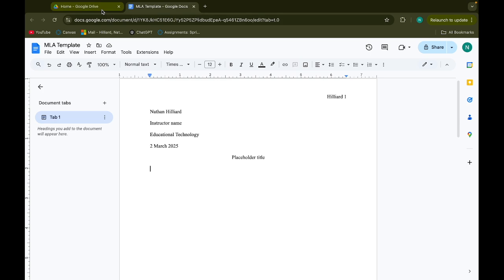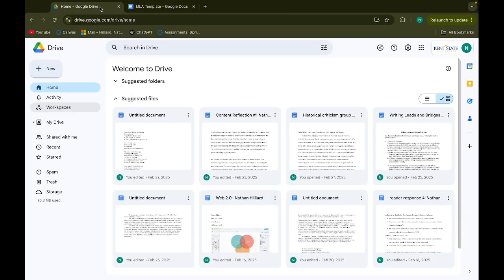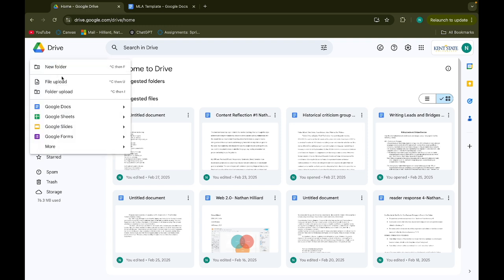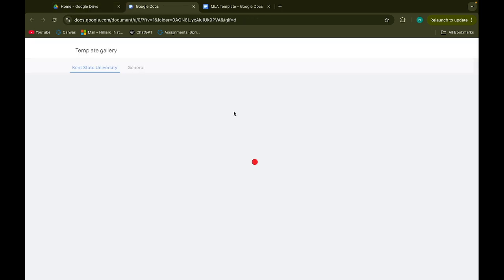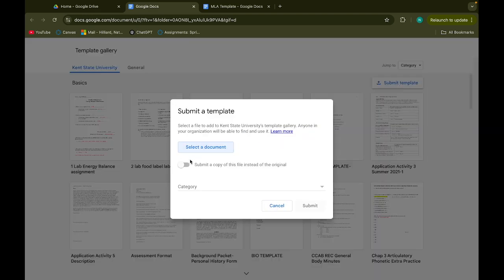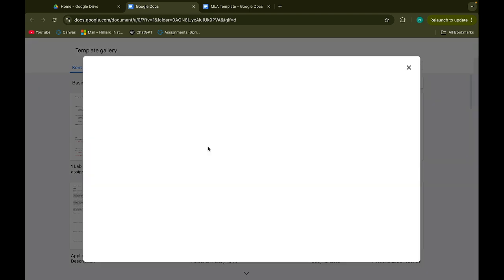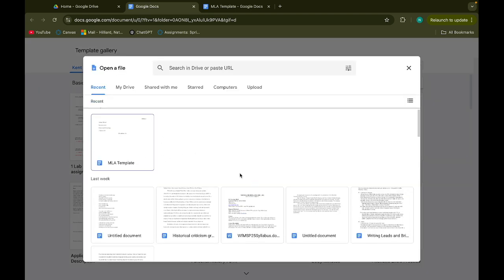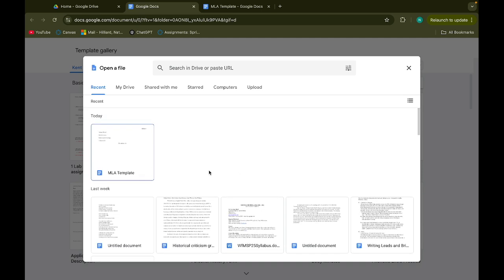Now, to set this template in your Google Drive, go back to your Google Drive, select New, and then hover over the small arrow just to the right of Google Docs and select From a Template. Next, click on the blue Submit Template button. This will prompt you to select the document. As we can see, all of your Google Docs should be automatically pulled up on this page. So right here, there's the MLA template that we made earlier. Select this, select Open,